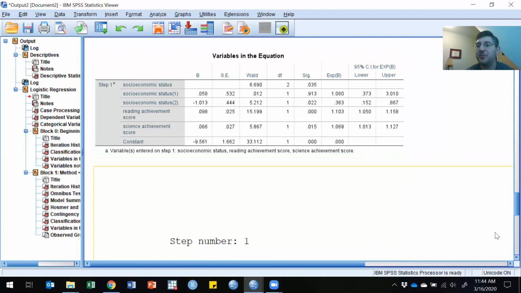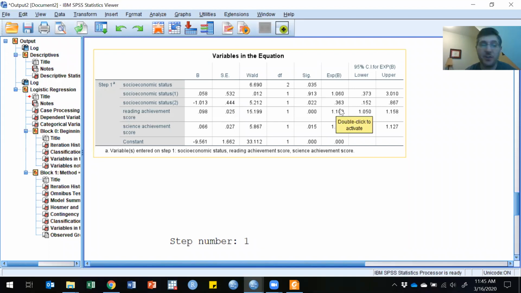So we can do 2 things. We can subtract this value from 1. So what do we get? 1 minus 0.363. That's saying that going from the high SES group to the medium SES group would correspond to a 64% decrease in the odds of being in the